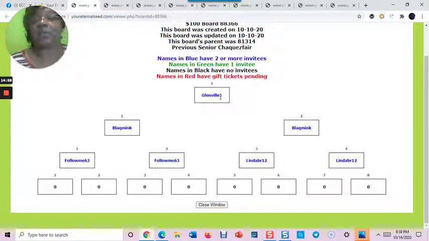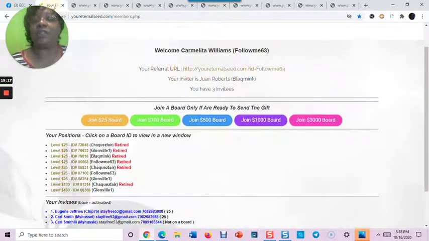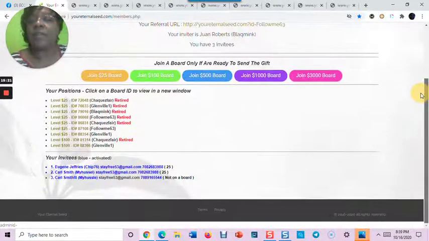This is the person who was right here when I first joined the $25 board, and it'll be like this on each level. After this level would be the $500 level. So it's going to work the same way on each level. The one thing I really want to make note of is that when you decide to join this board, we want to take this seriously,